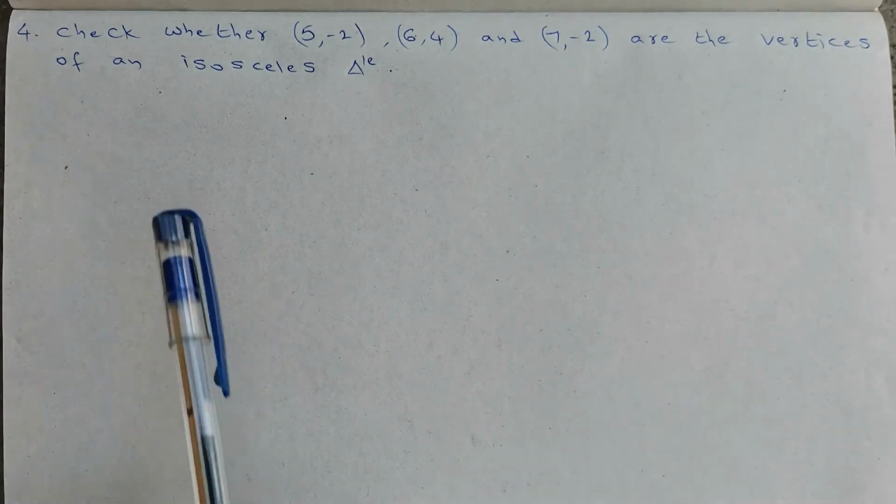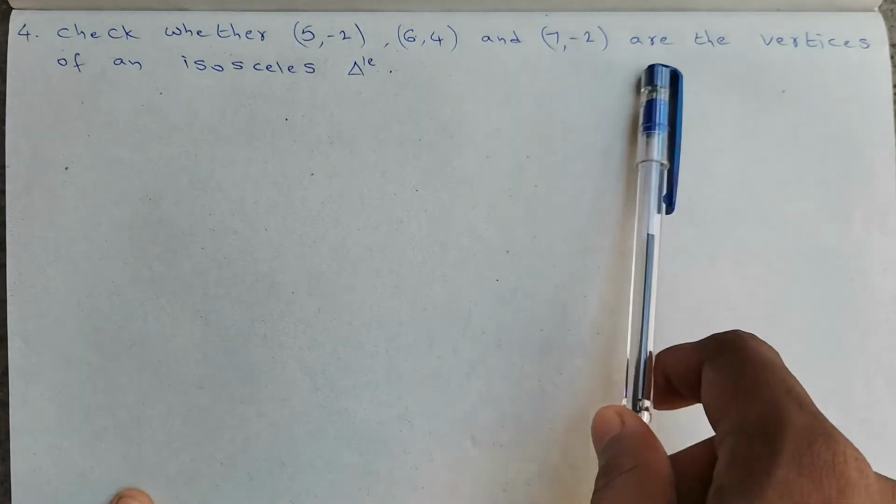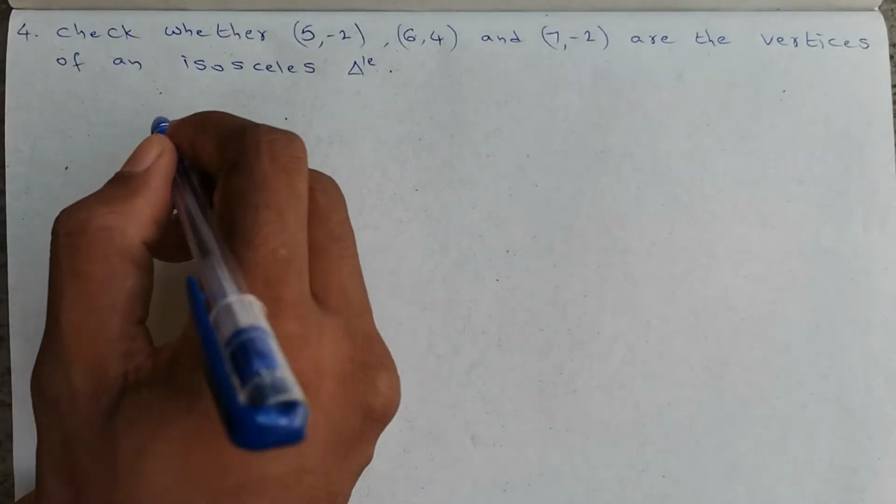Okay, bit number 4. Check whether (5, -2), (6, 4) and (7, -2) are the vertices of an isosceles triangle. So for example,